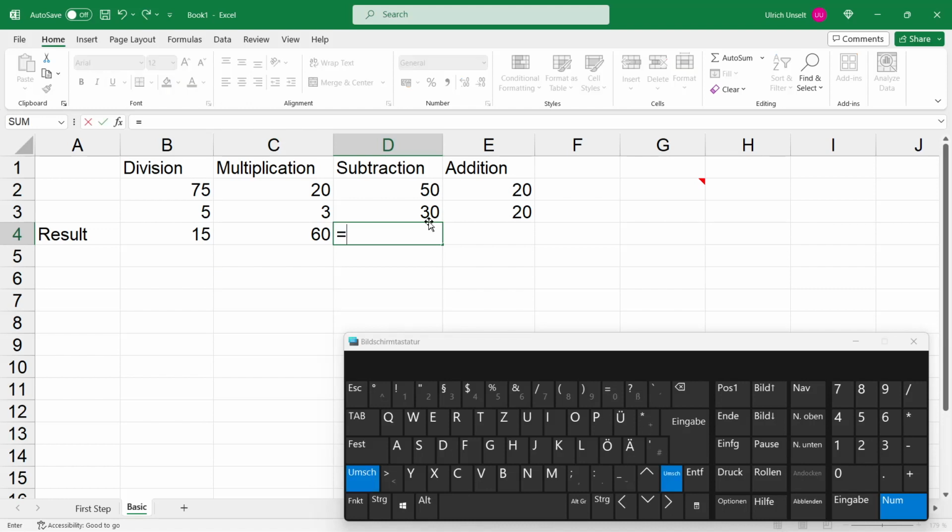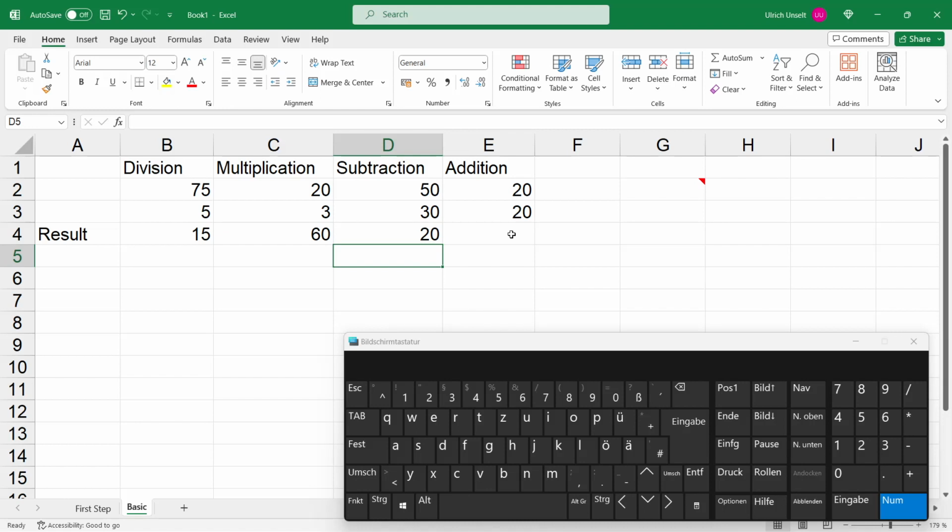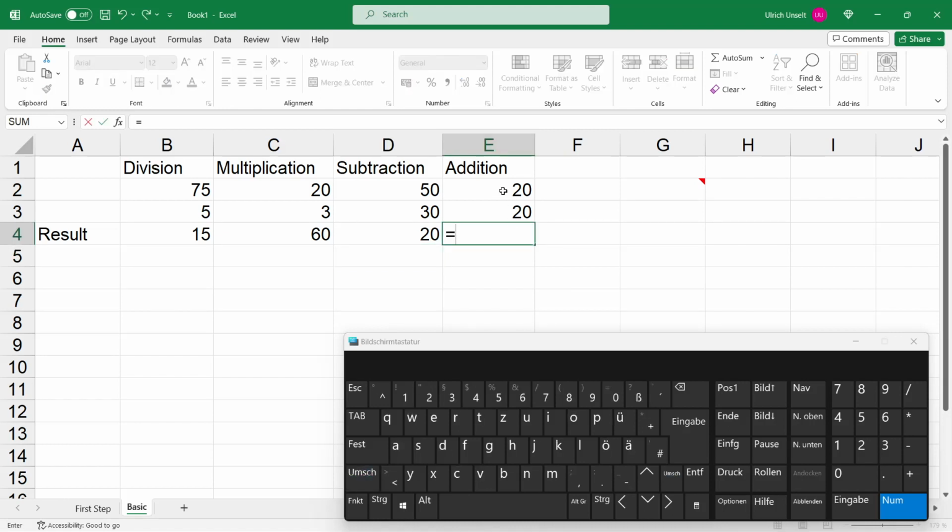Subtraction: equal sign, click the first value, minus, click the last value and press the Enter key. Addition: equal sign, click the first value, click the plus sign, click the last cell reference, followed by